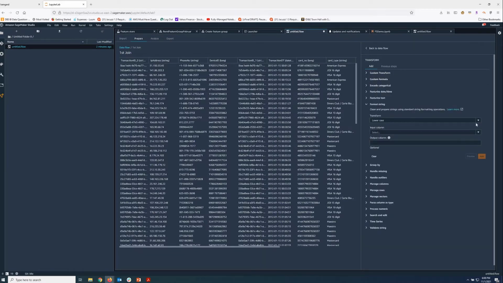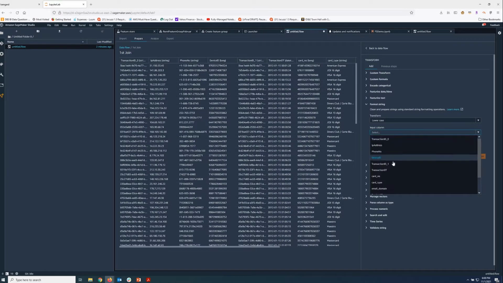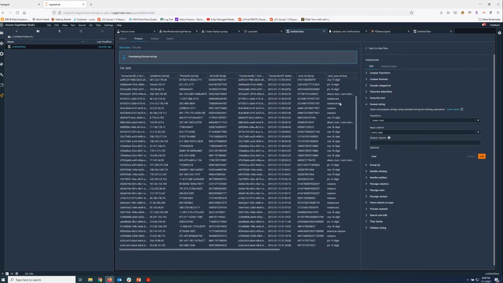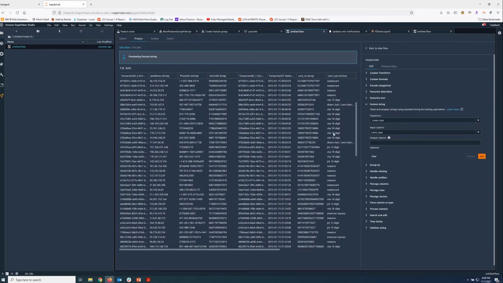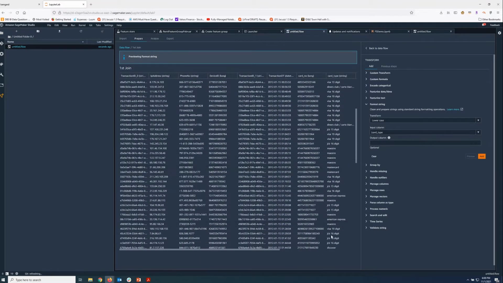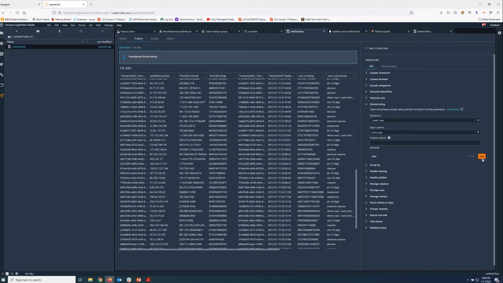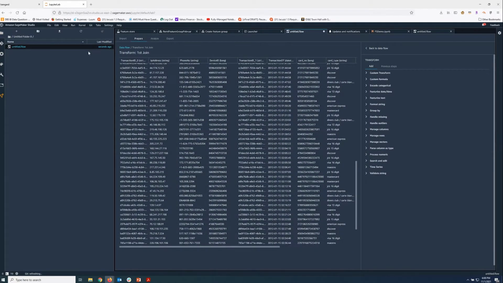We will transform all credit card types, which you see out here in this column, into lowercase. So we apply the credit card type out here, and then we just do a preview. This looks good. I can see that all the credit card type field has been converted to lowercase. And I just add this as a step.